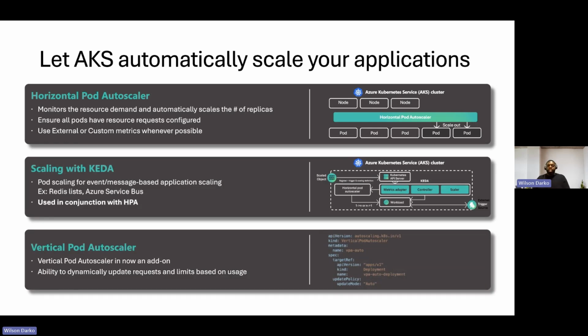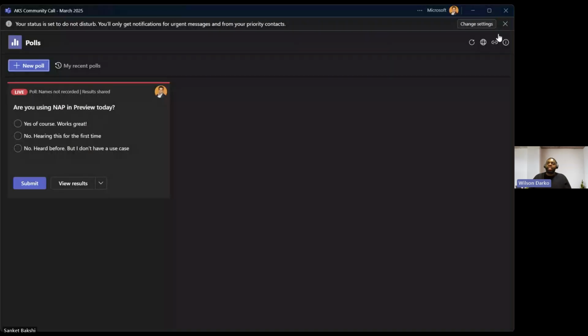So again, just looking at some of these other solutions that you can pair with node auto provision, you can essentially balance KEDA with if you have any event scaling needs, and vertical pod autoscaler if you need to adjust your resource requests, limits, and the like. And all of these things can be paired with node auto provision to make sure that you have your full autoscaling needs addressed from end to end.